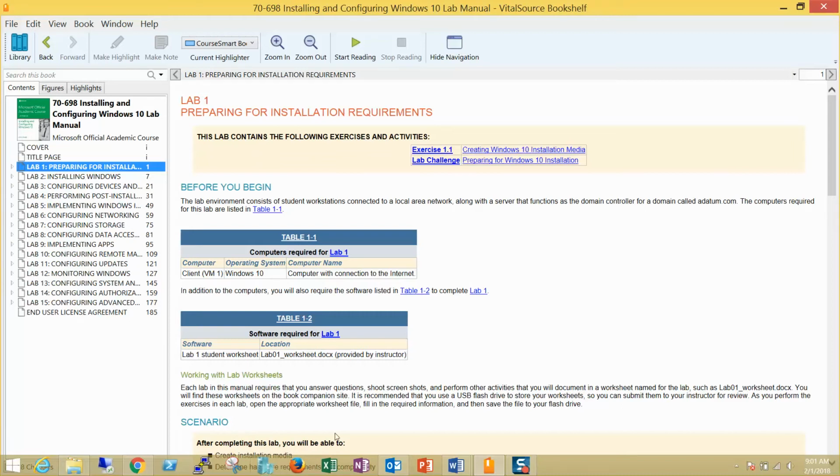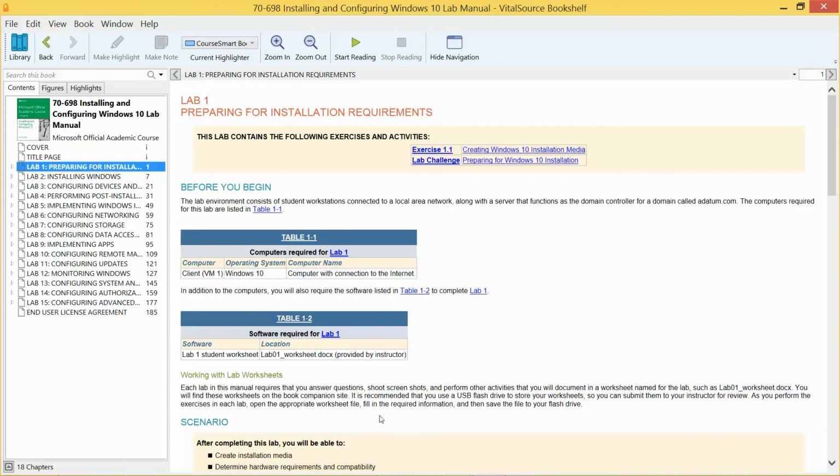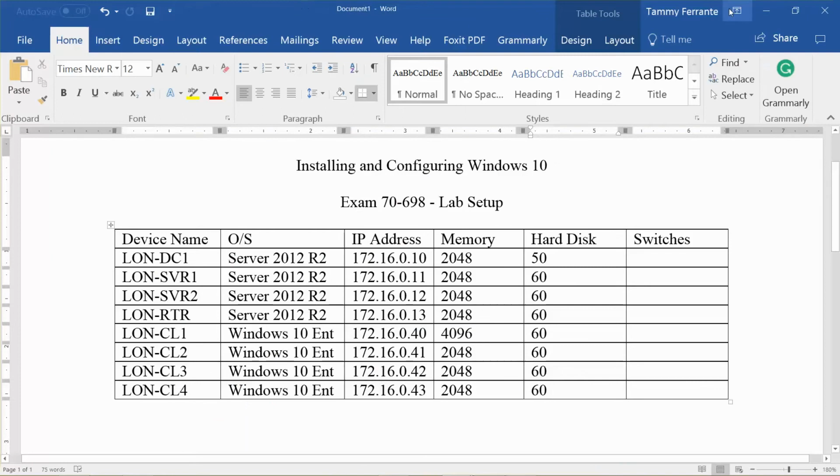We also went through what software was going to be required for these labs, and we also went over the requirements as far as hardware. We left off with the download of that software,